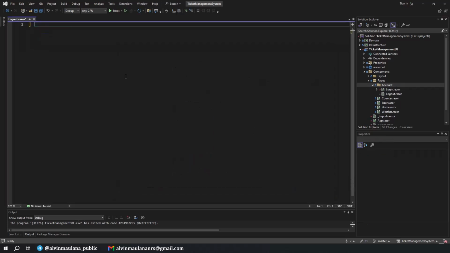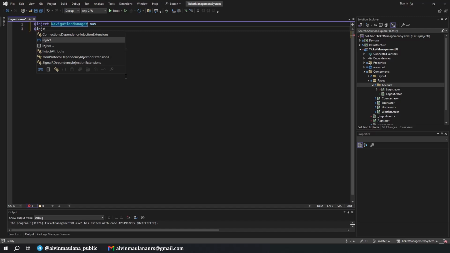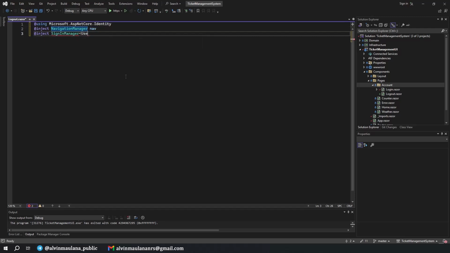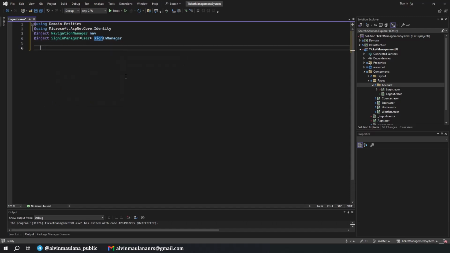And then I just remove all. What we need to have here is an inject navigation manager nav, and then we need to inject sign in manager. Okay, using Microsoft Identity with the user. I think this one needs, okay, domain.entity sign in manager. And on the code